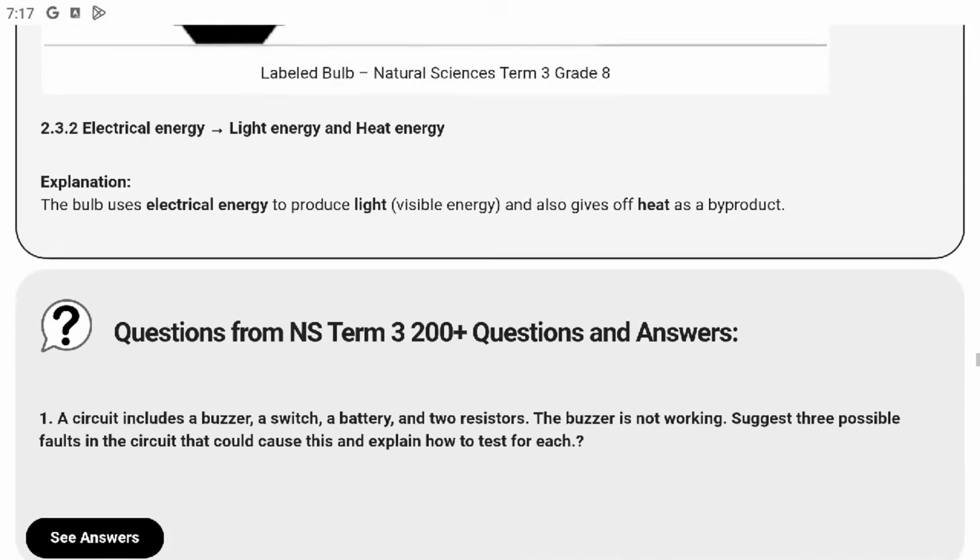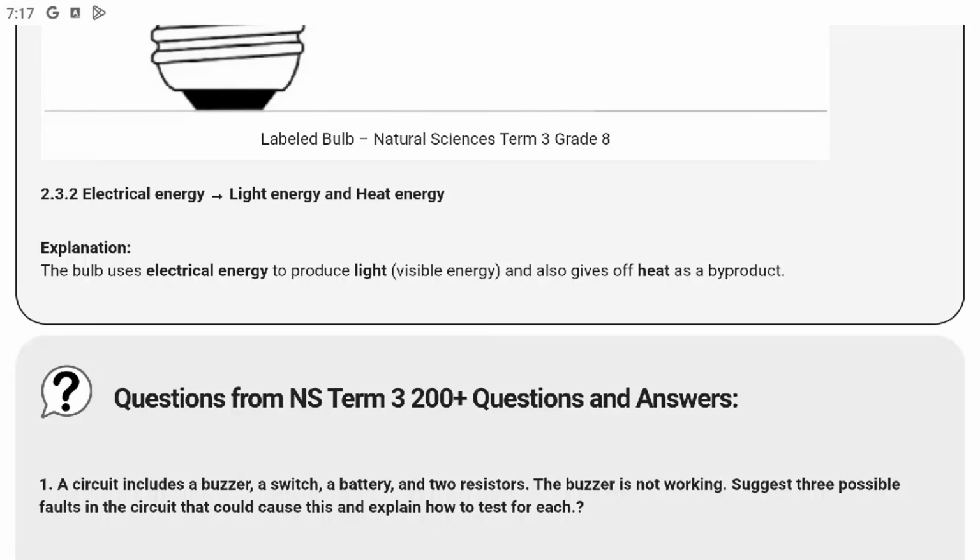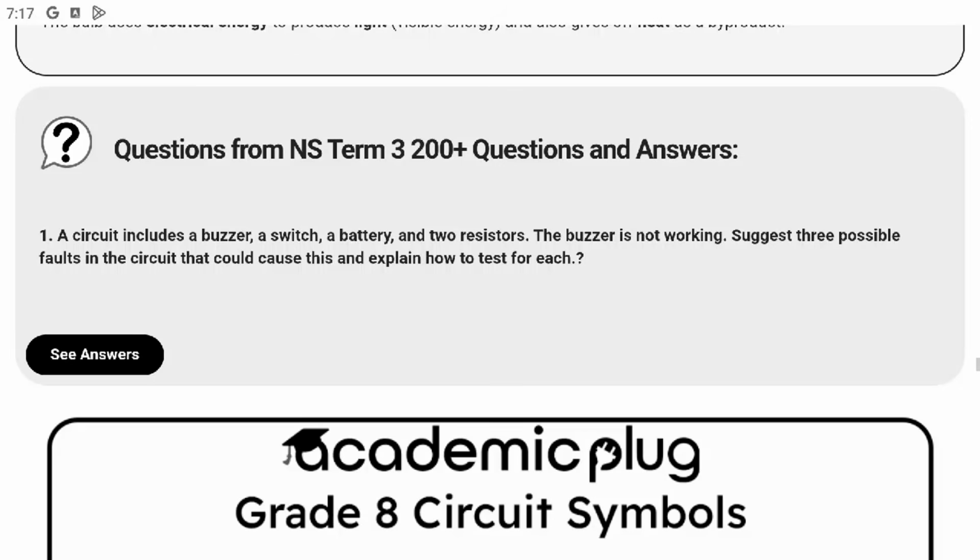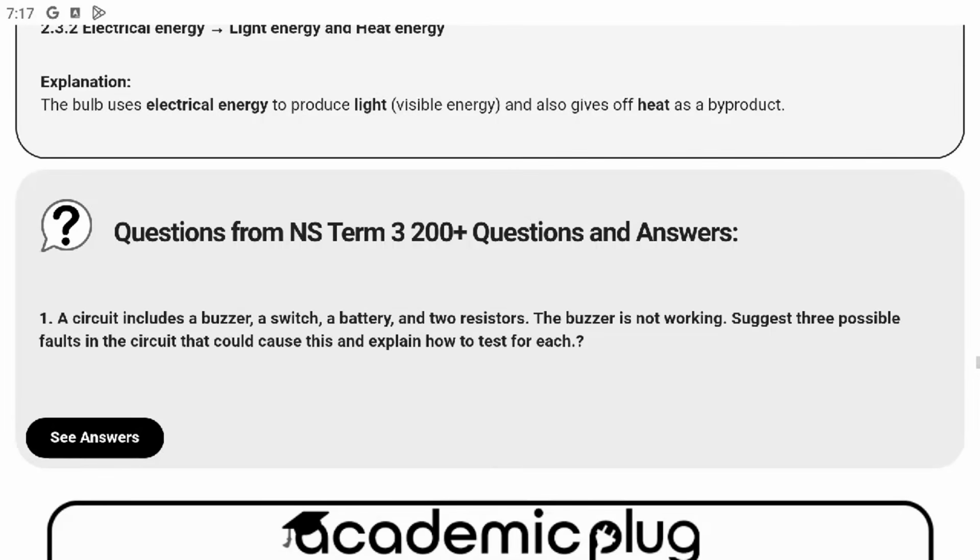So the electric bulb uses electrical energy to produce light, which is visible energy, and also gives off heat as a byproduct. Okay, so there are also questions from the NS Chem 3 200 plus questions and answers, which says